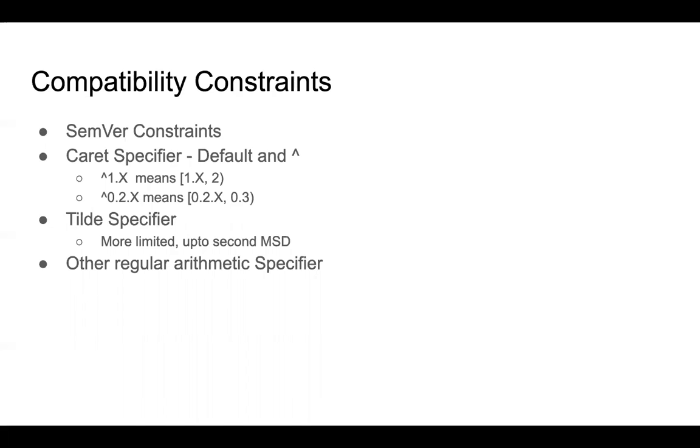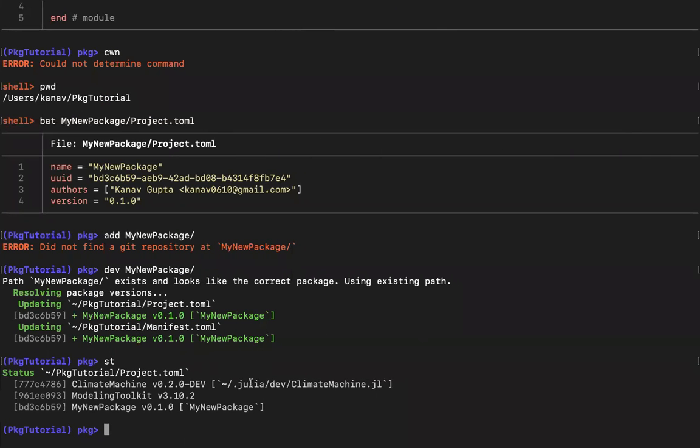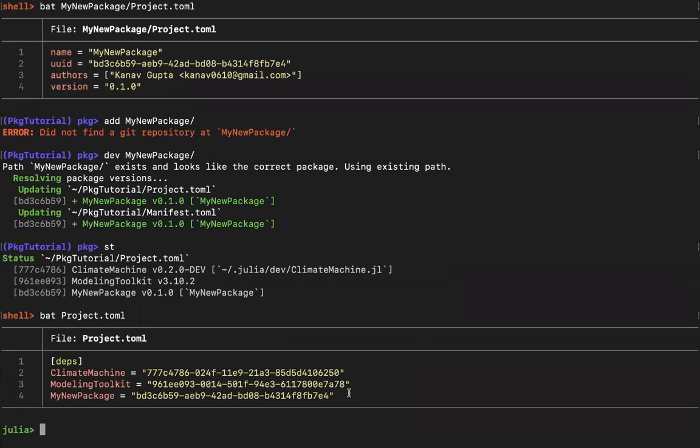Currently the project.toml file just contains the dependencies and their UUIDs, but it doesn't add any particular constraint on what versions it would use. So you can add new constraints, like, okay, I want ModelingToolkit at least greater than 3.0. So you can add that.